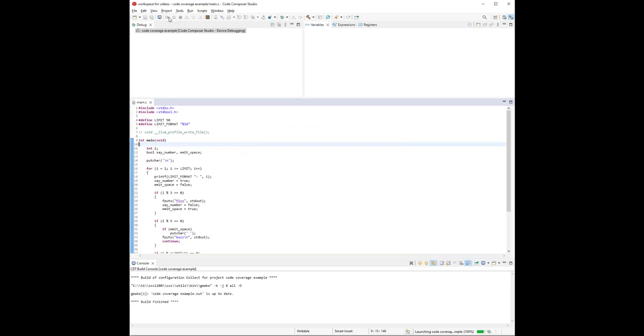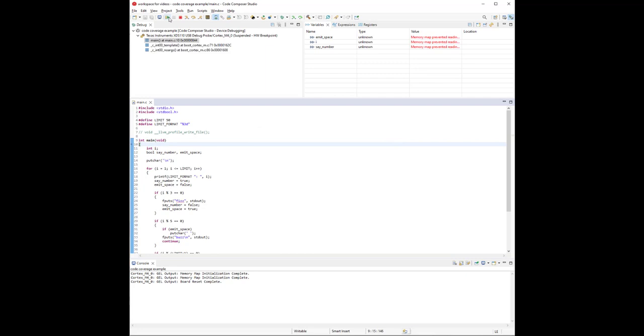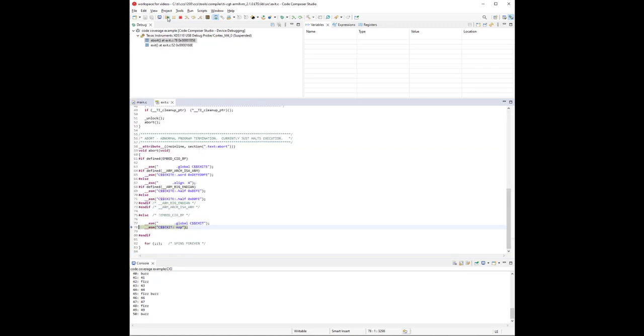So this is going to load the program and get it ready to run. And now I'm going to press the play button to run the program. This is the very same program that was in the Code Coverage Basics video. It's playing FizzBuzz. Let's watch it do that. This is simulating children playing FizzBuzz, as described in the previous video. Okay, the program has completed running.